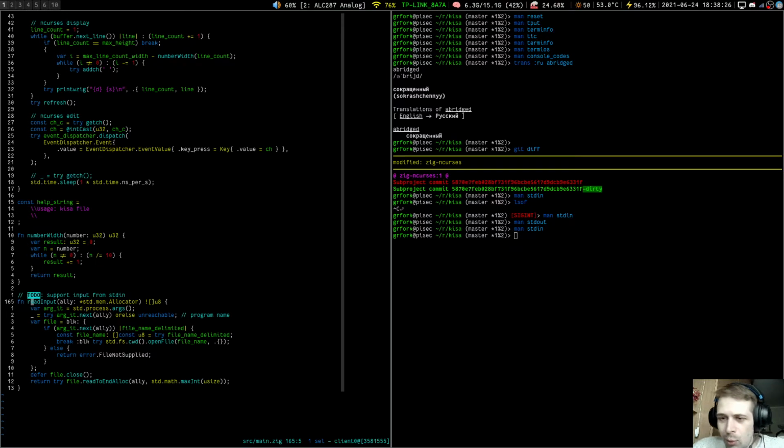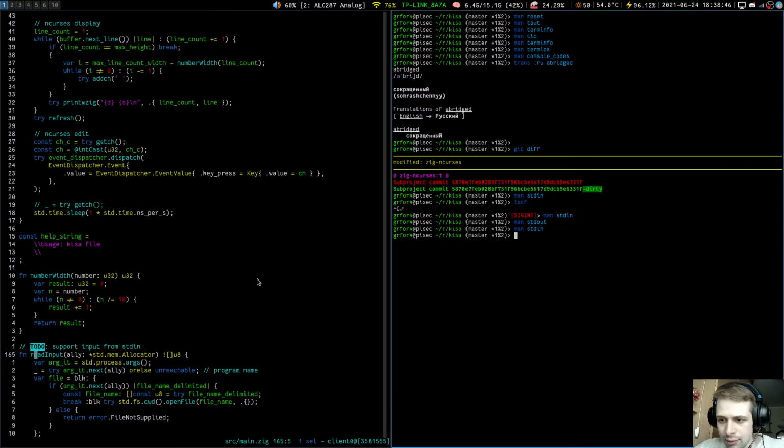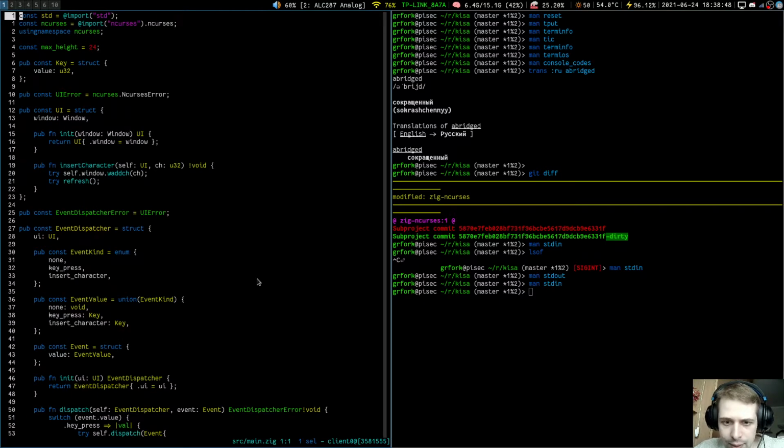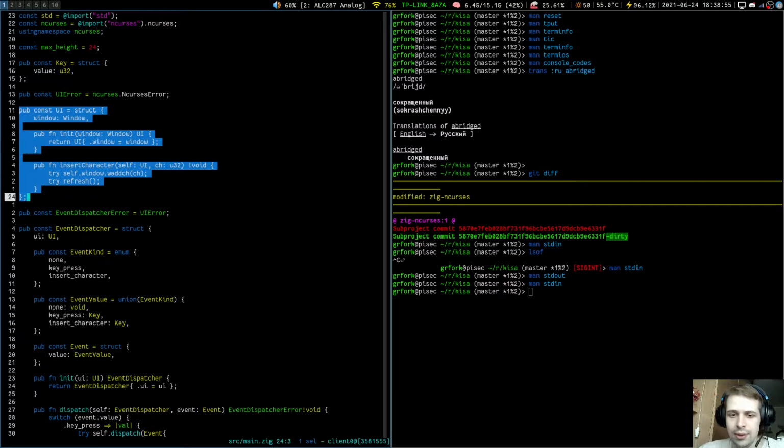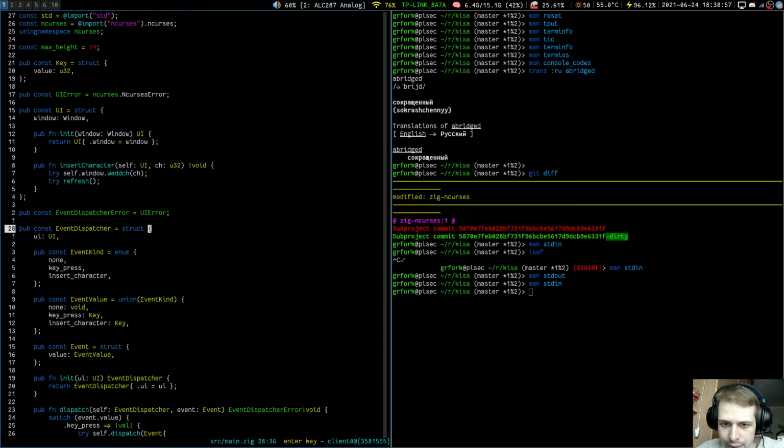Hello and welcome to our next part in the series of writing a code editor in Zig. Last time we stopped at basically printing something to the screen, and now I spent some time writing it. We have some more abstractions like key and UI, which is supposed to be a generic user interface abstraction, and